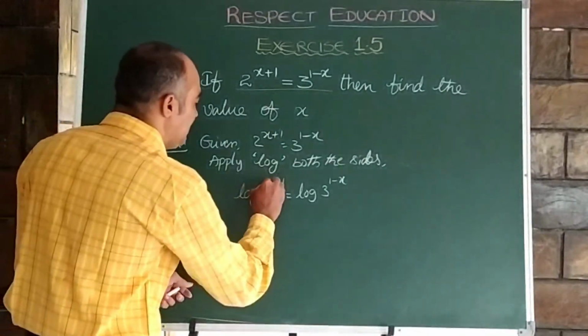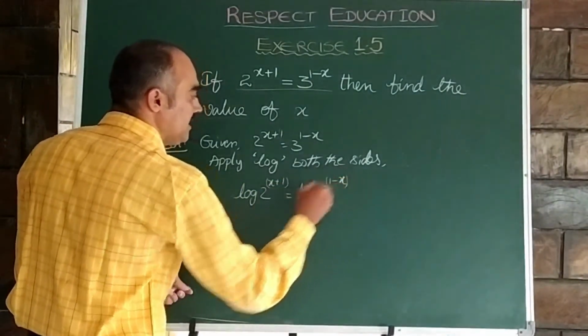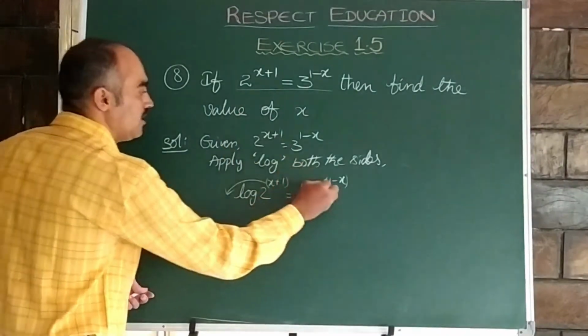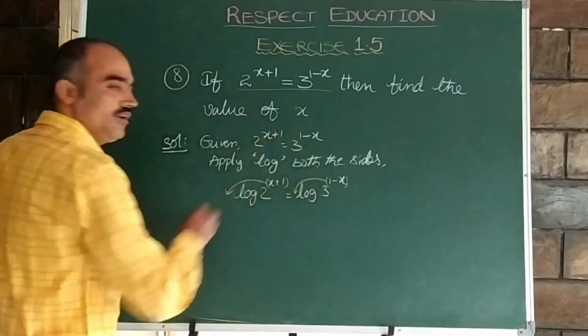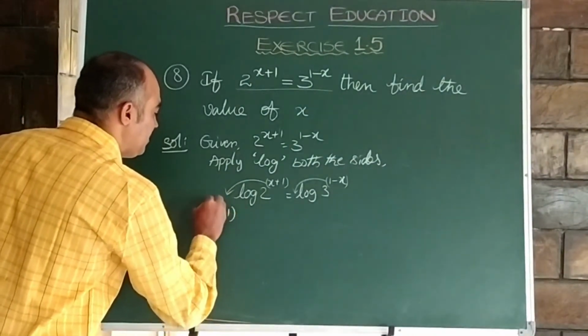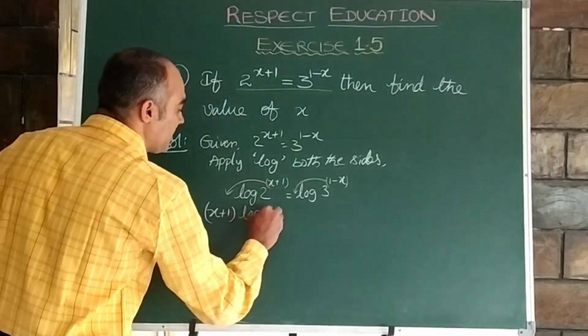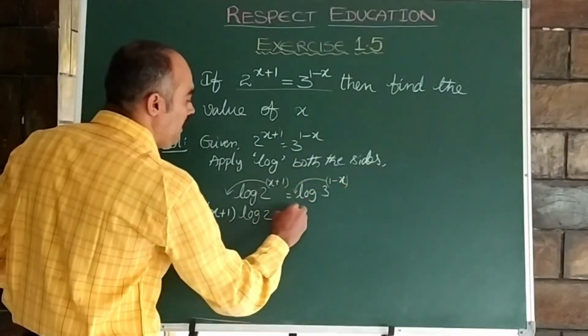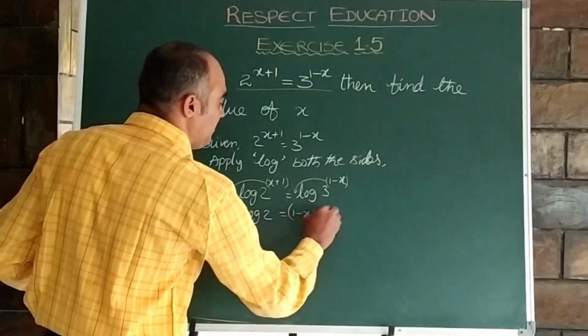Again you see here, children, this is again a power, that is an exponent. As you know, it comes forward. Here also it comes forward. Now here let us write it as x plus 1 times log 2 is equal to 1 minus x times log 3,